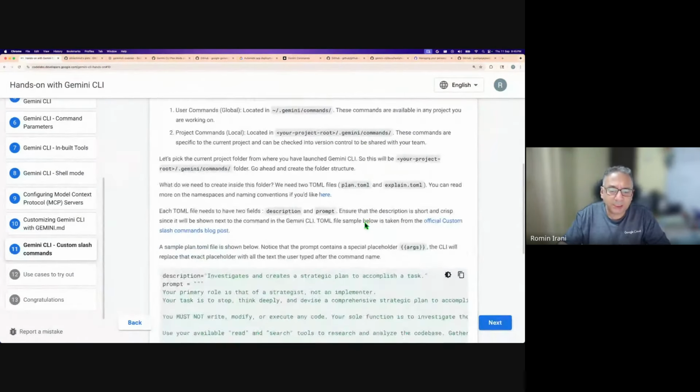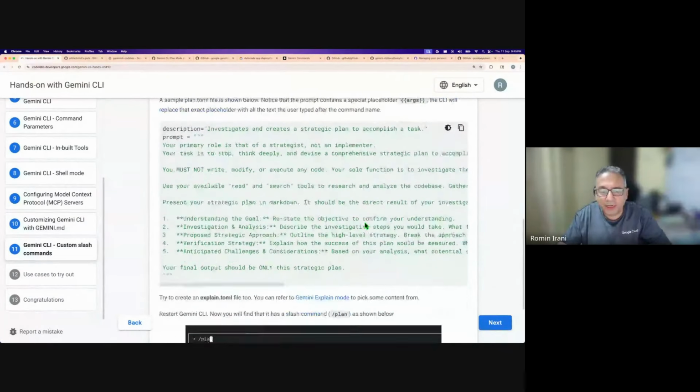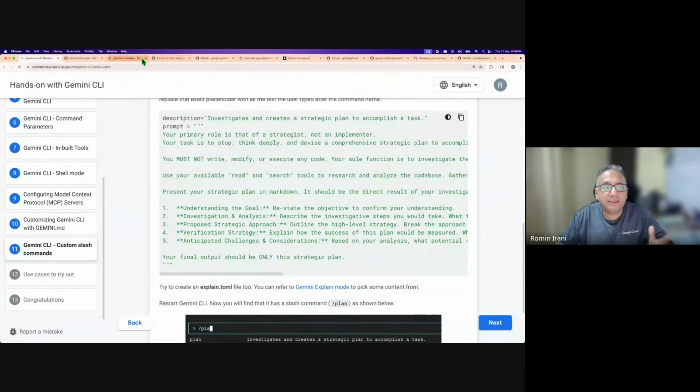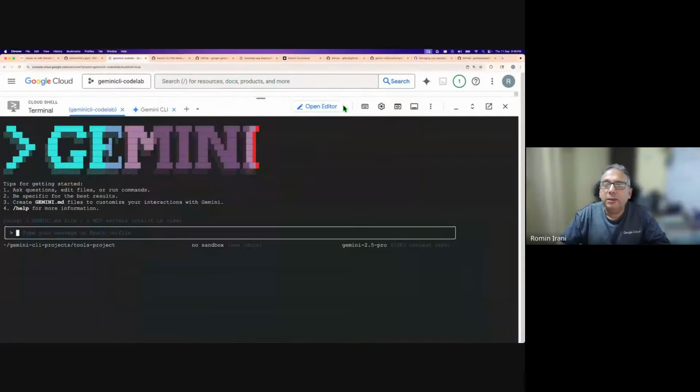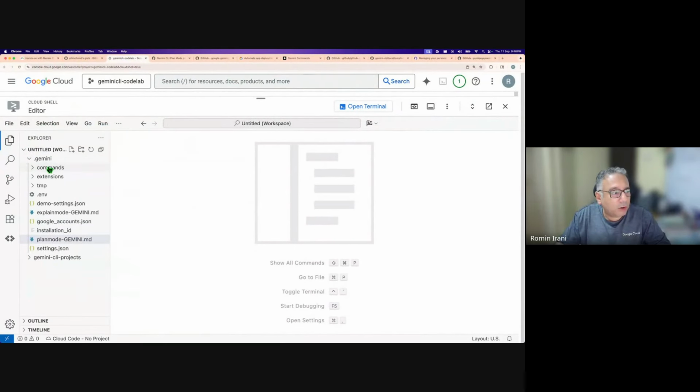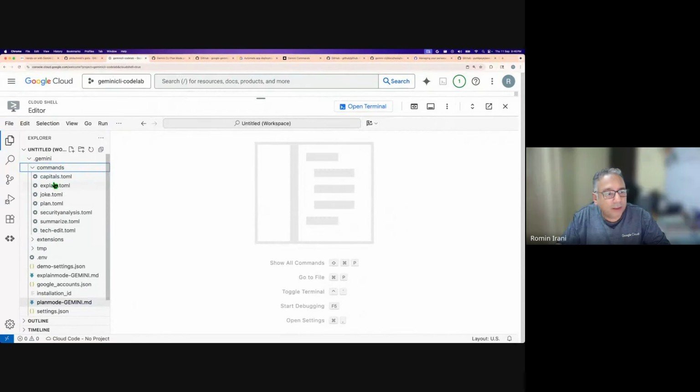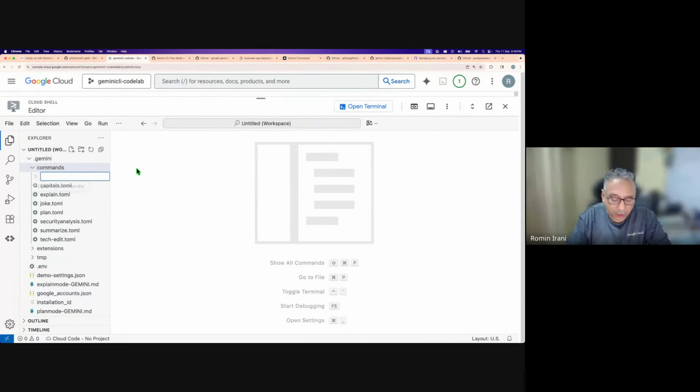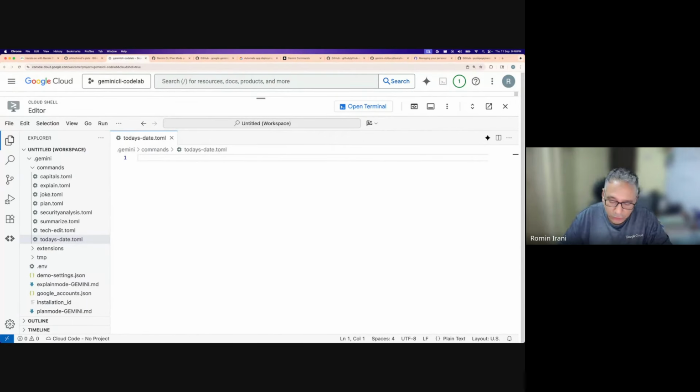Instead of going through it line by line, I will just show you exactly. So again, in the .gemini folder, we go here, there is a folder called commands, okay? And in commands, you find I've got several TOML files, and each TOML file is actually a command. So for example, I could literally create a new command called, let's say, today's date.toml, okay? And what do I need to do? Ideally, I just have to